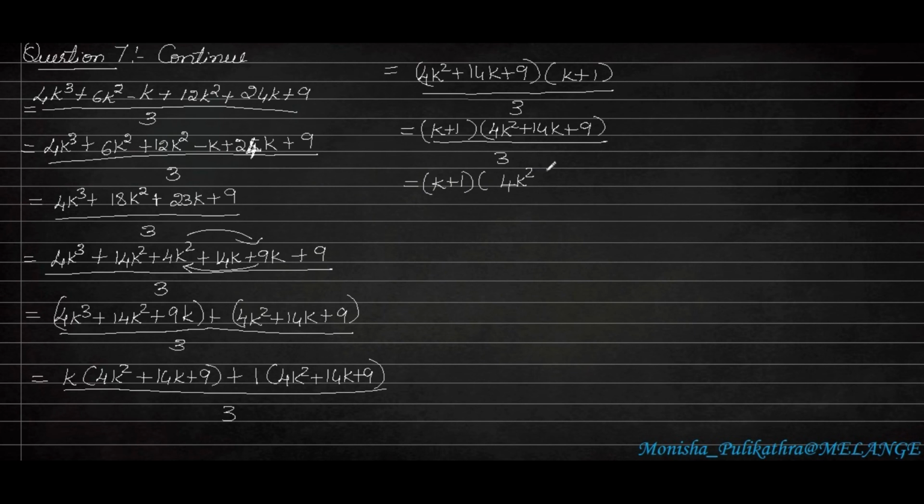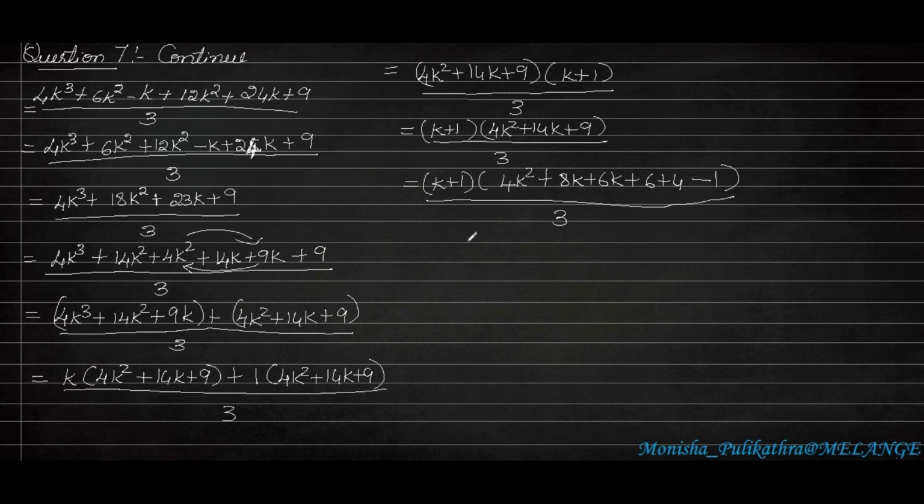Okay. So 14k I will be interchanging, or splitting it, into a form which is equal to 8k plus 6k because 8 plus 6 is 14. And 9 I will be interchanging in the form of 6 plus 4 minus 1. In order to make k plus 1 a factor, we have to do all these interchanges. Okay, 4k square write as it is, 14k you have to take as 8k plus 6k, and 9, 6 plus 4 is 10, 10 minus 1 is 9. So the entire thing will become 9 here.